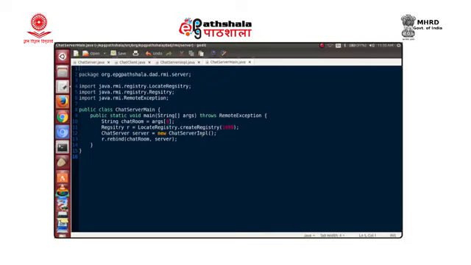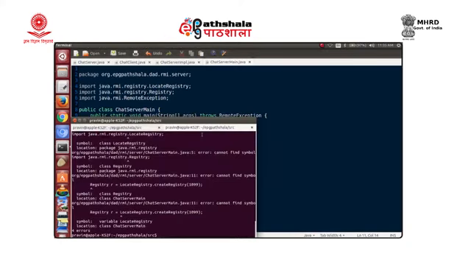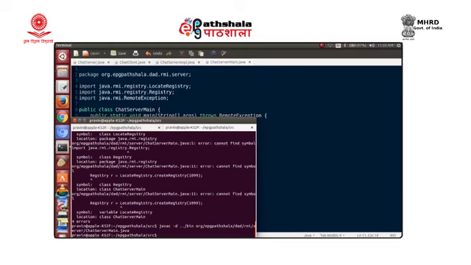Let us check those things. Registry, and even here. I think other places we have done correctly. Registry. Okay, so a few spelling errors, and let us compile. Okay, so this compiles, fine.